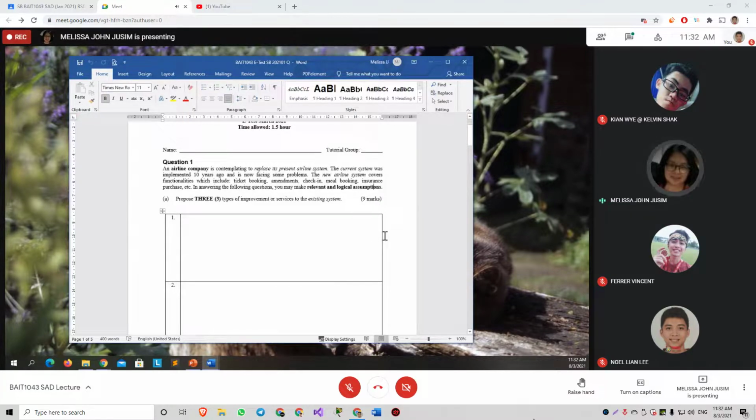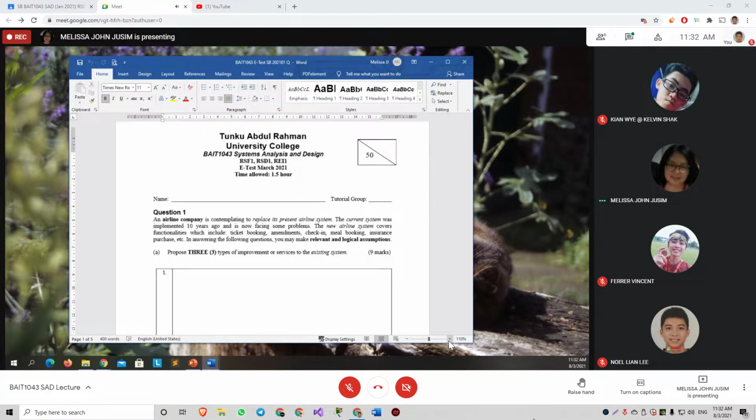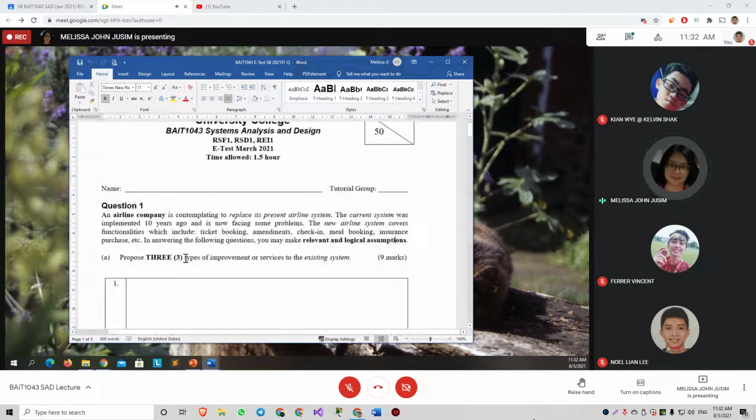Okay, so the first question here, 9 marks. Types of improvement or services, so 3 marks each. Let's see, types of improvement. This one should be in our chapter 2, which is on the system planning.